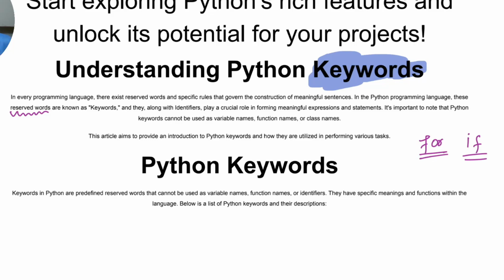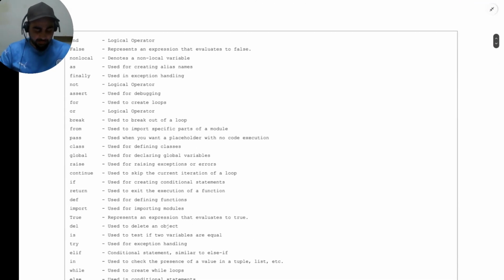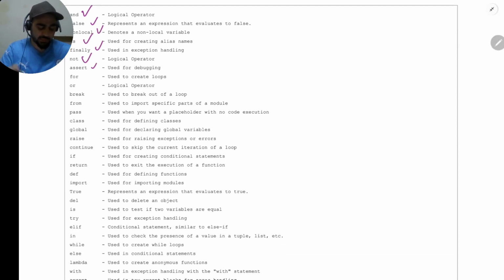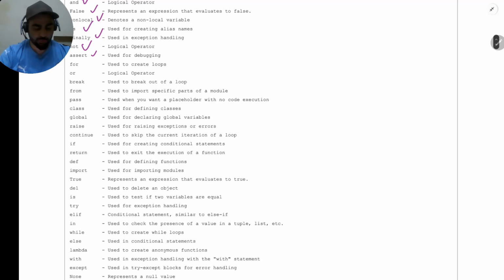They are reserved, they have a specific meaning, because they play a crucial role when you are programming. If I am speaking with you, there are words which have associated meanings. Similarly in Python you have a specific set of words which have a predefined meaning. When the creator of Python coded it, they made a list of keywords which had predefined meanings. Here I have written down the Python keywords: and, False, nonlocal, as, finally, not, assert. There are a lot of them. I won't show all of this in the code.